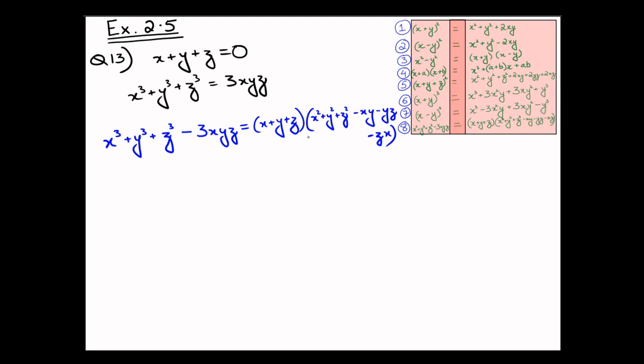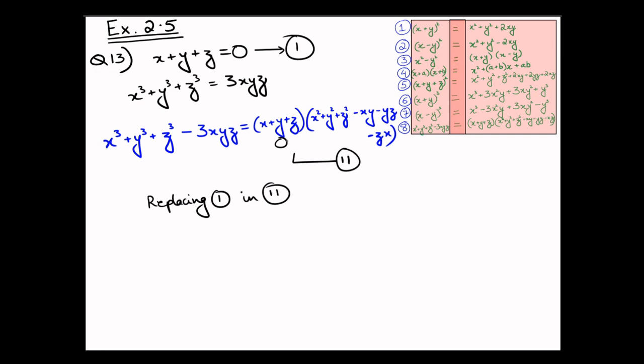Now, in this identity, which we know is true, let me replace this, I'll call it equation 1, into our identity, which is equation 2. So, substituting 1 in 2, the x plus y plus z component in this bracket on the right hand side becomes 0. And we know 0 multiplied by anything is 0. And hence,